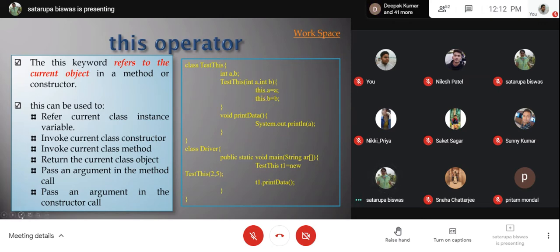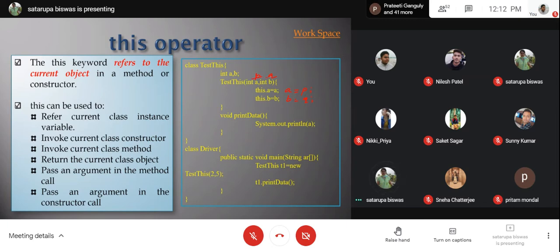So normally, what happens here, when you write, say, instead of a and b, if you have int p and int q, you can easily write a equal to p and b equal to q to transfer the values. That will be sufficient.